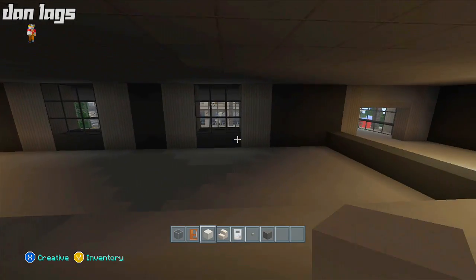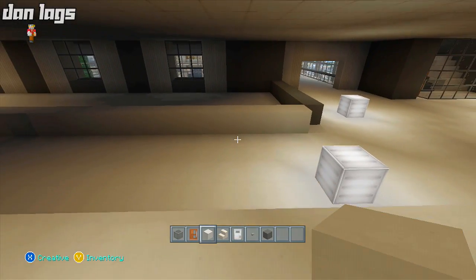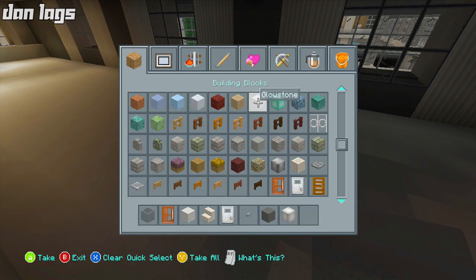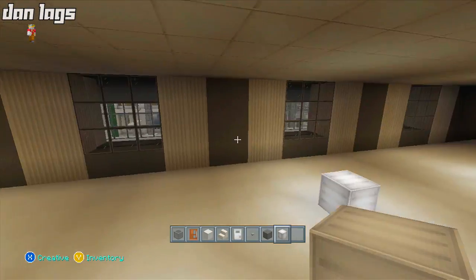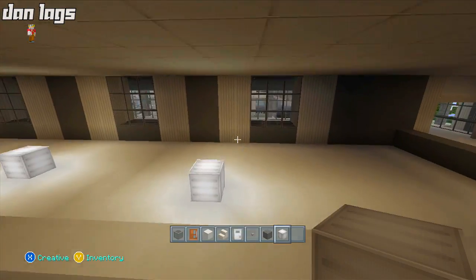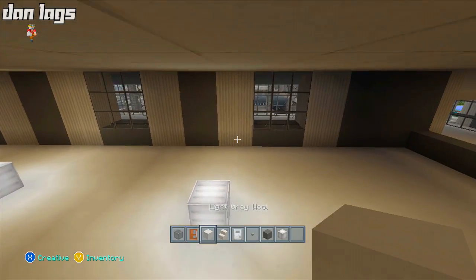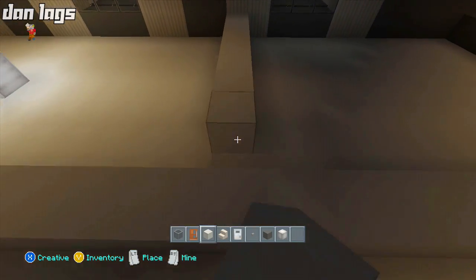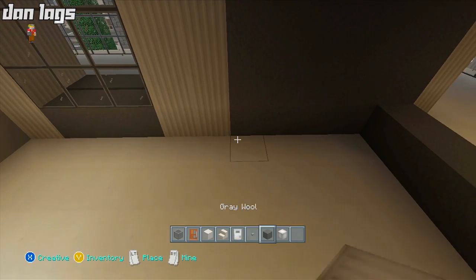Alright, so now let's see. Trying to decide how I want to do this. Let's just put some glowstone in here so you guys can see a little bit better. But I want to, this space here that I've just closed off, I want to turn this into patient rooms, but I want to just make sure that I get it right, because I don't want it to look weird. So if we take one across right here, and then this could be a room, and then,